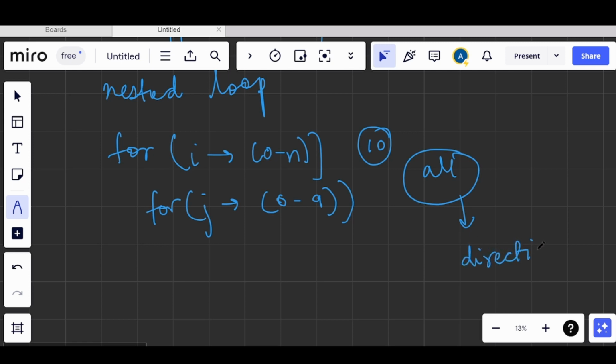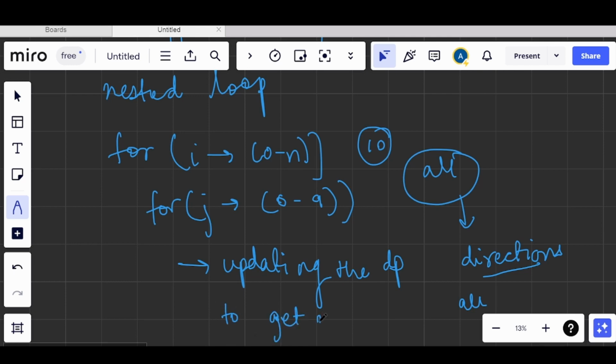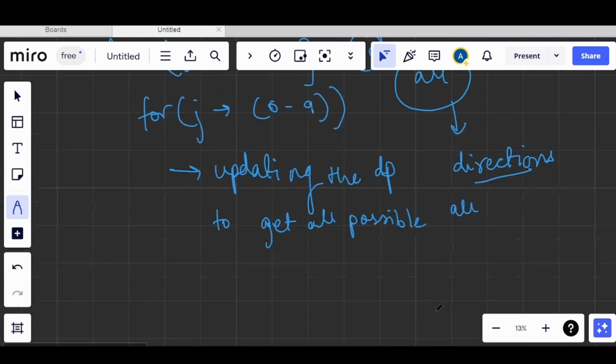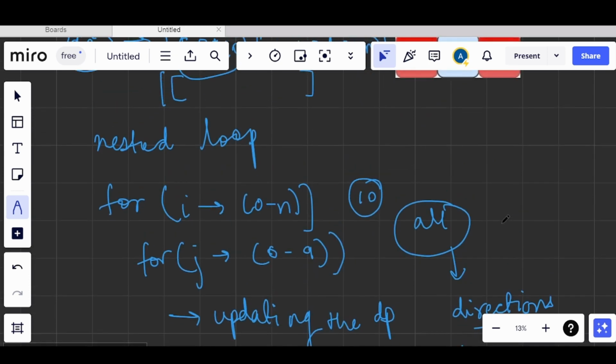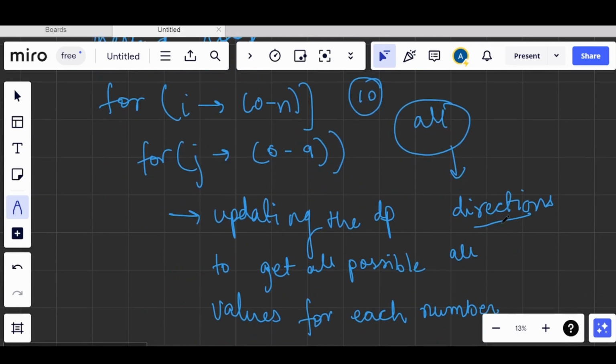Now in this part we will be updating the dp to get all the possible values for each number, right? Because initially we can start from any number, we can start from 1 or 2 or 3, it is our choice, right? So we will have a very large value.